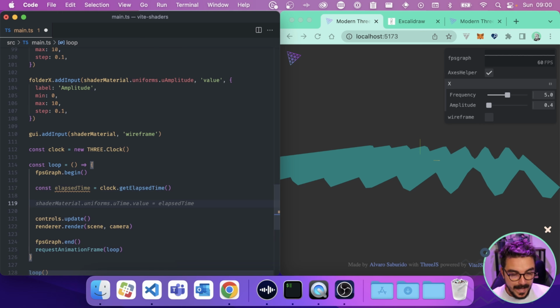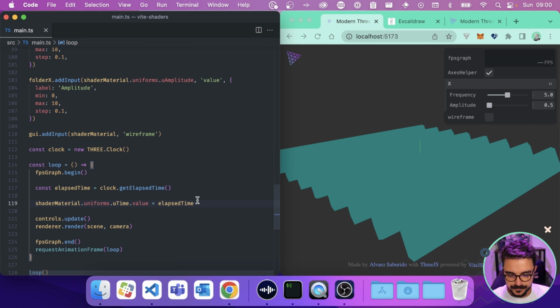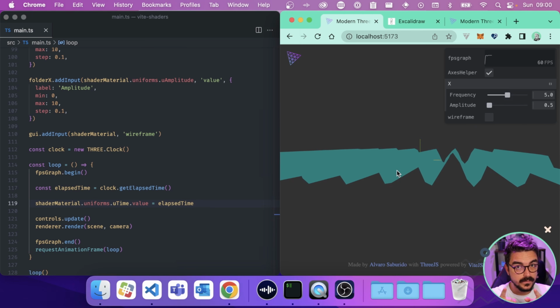But how can we pass that to the uniform, or how can we modify the uniform? As any other object, we can use shaderMaterial.uniforms.uTime.value and assign the elapsed time. Let's see what happens if we save. Ta-da! Nothing is happening because we didn't add it to the vertex shader.